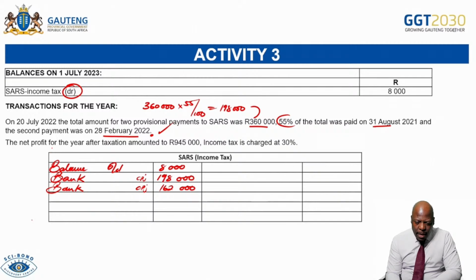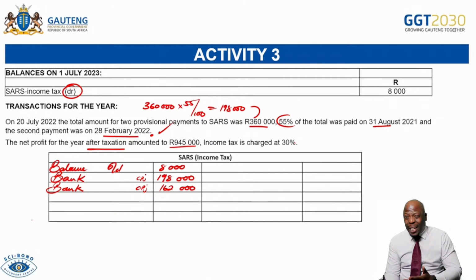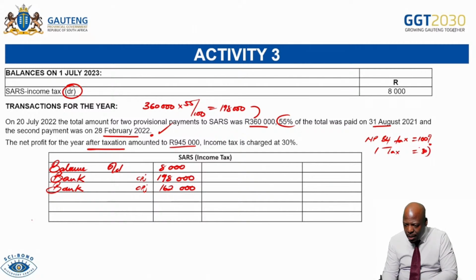It then says the net profit for the year after taxation amounted to 495,000. Very key. Net profit after taxation. Income tax is charged at 30%. Let's go back again to what I taught you. I taught you about 2 different types of profits. You have your net profit before tax, and we agreed what percent is it? 100. And then we have our income tax, which is 30 in this case. And then we're going to have net profit after tax, which is 70. So the net profit for the year after taxation, net profit after tax, that is the